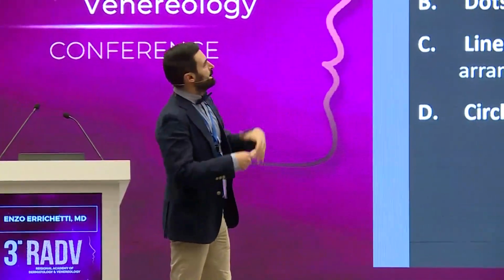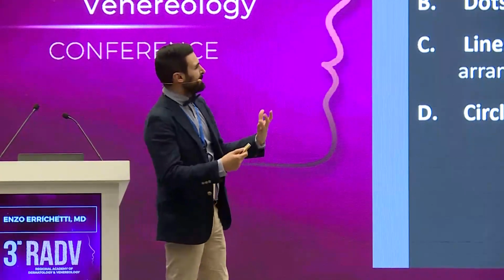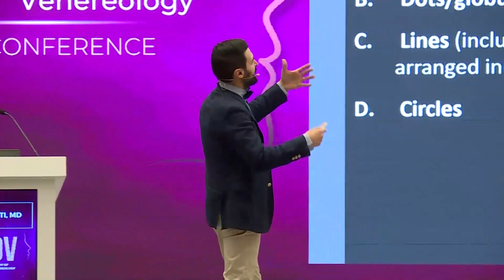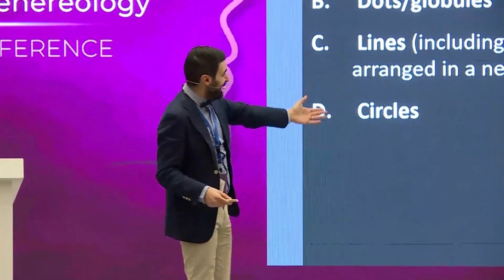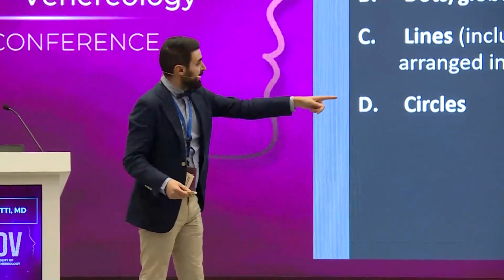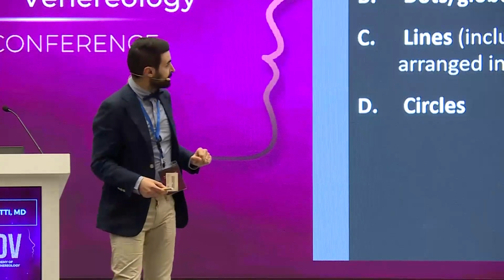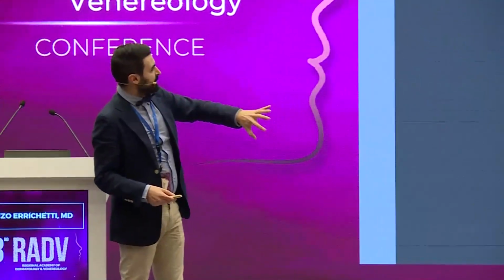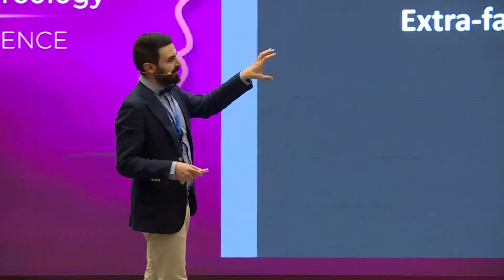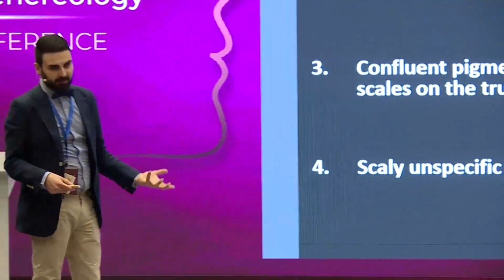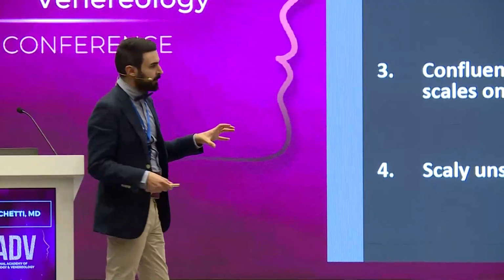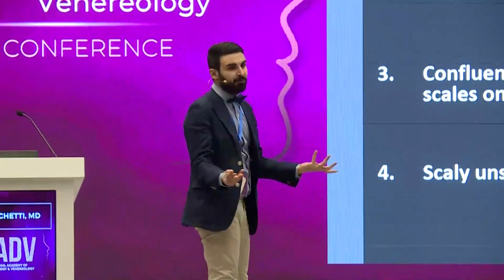Great. The morphology of the colors may be structureless, dots and globules, lines including network, and circles, okay? So, we will address extrafacial areas and face. Okay, these are extrafacial areas, okay? I divided the conditions according to the clinical morphology